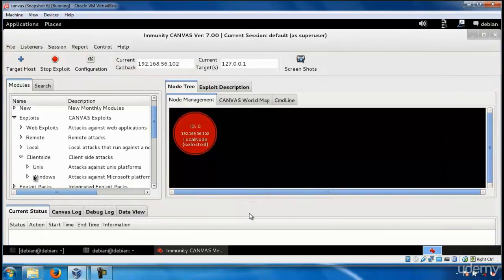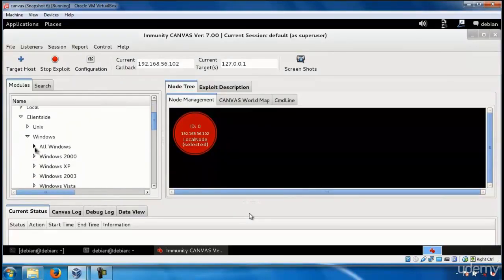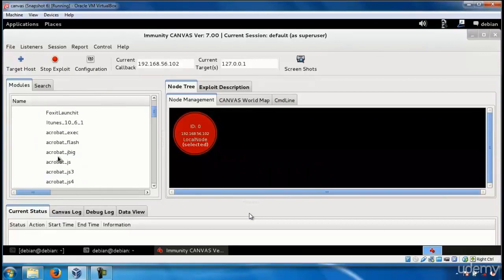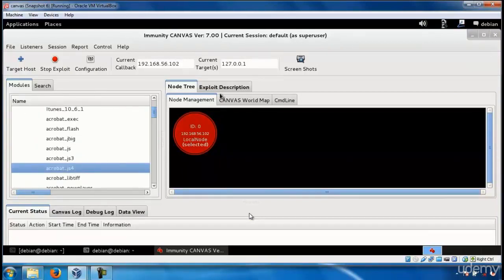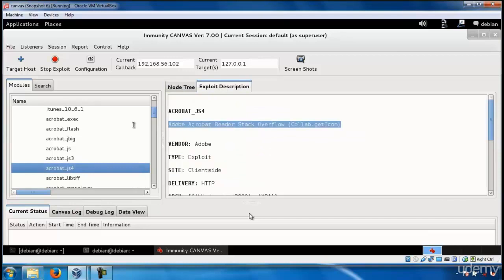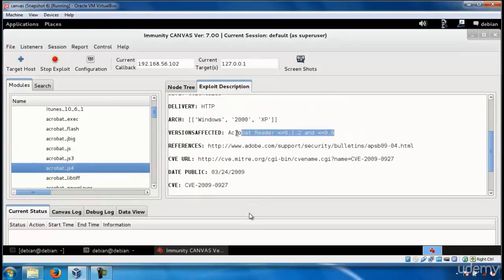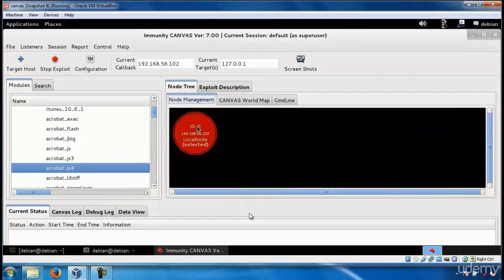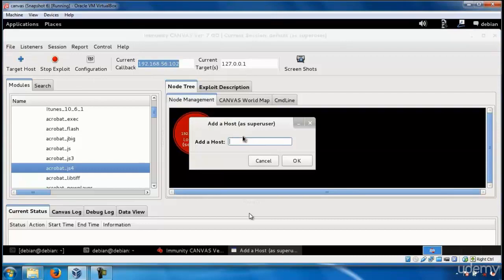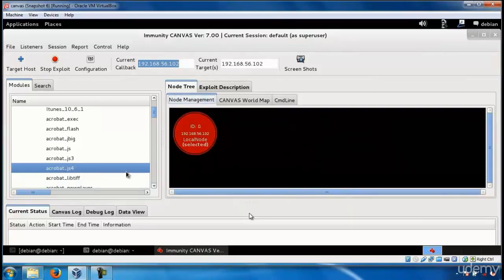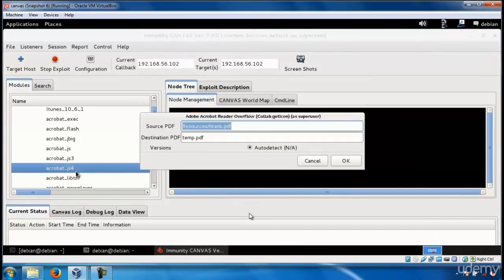And you can see we're going to use a client-side attack. We're going to Windows, and we're going to be using one of the Acrobat exploits, which is a PDF exploit, and you can see the versions affected are these versions given over here. So we're going to set the current target as our own IP address because that's what we're going to be using for the callback. So let's just open this up,